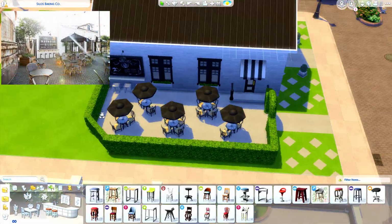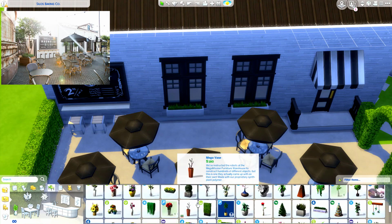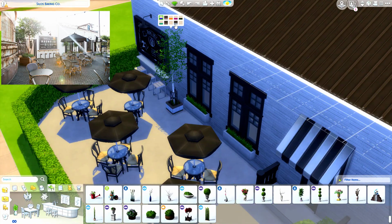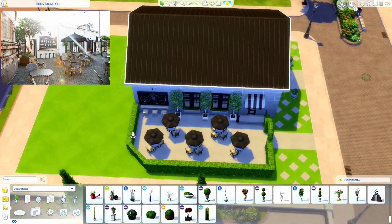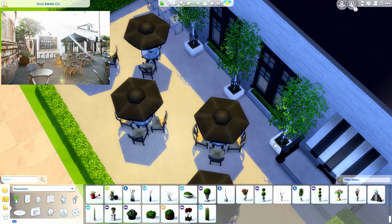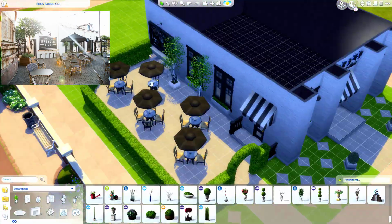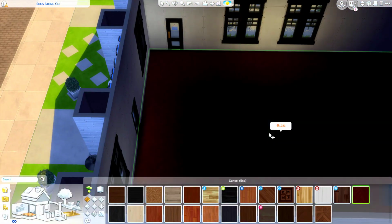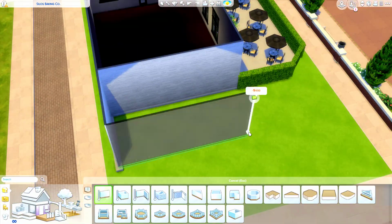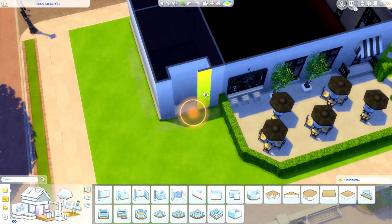The one thing I did miss for this whole thing is the floor plan on the inside, because I couldn't figure out if when you walk in you see the pastries, or if you walk in and the pastries are on the side. And obviously I chose the one that didn't make sense. So the inside of this bakery actually isn't replicated to what it should be in real life,